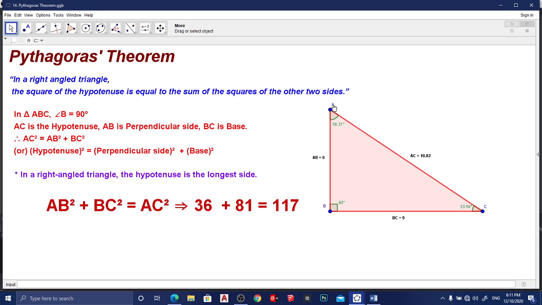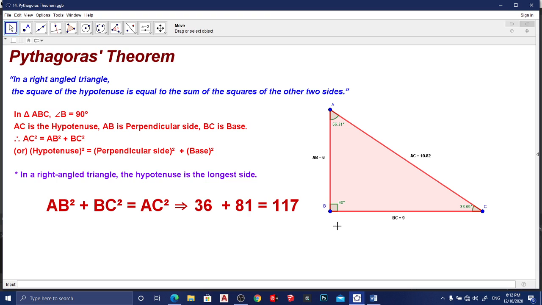Here, this is triangle ABC, this is side AB, this is side BC, this is side AC. So this longest side AC is called the hypotenuse, and